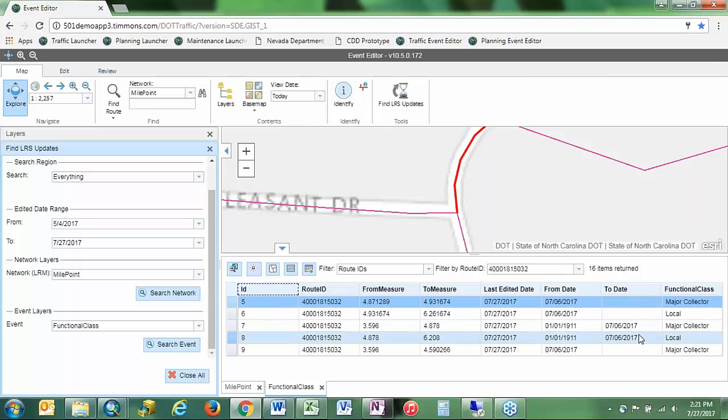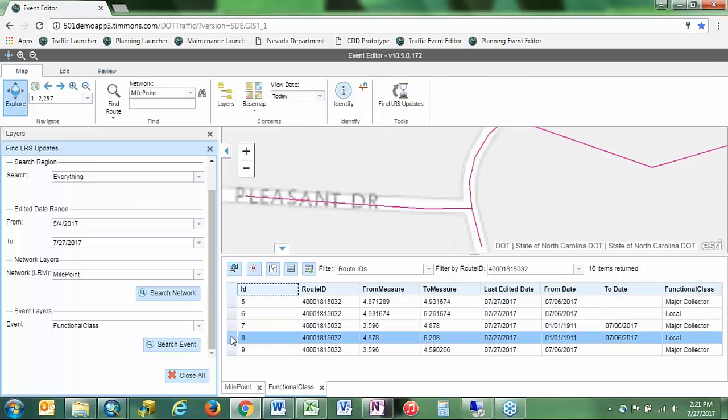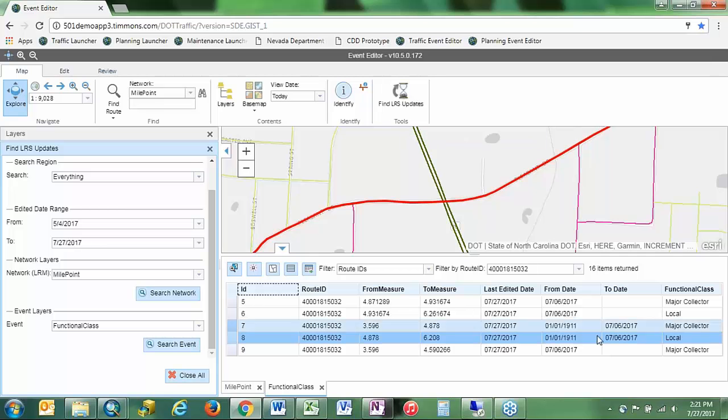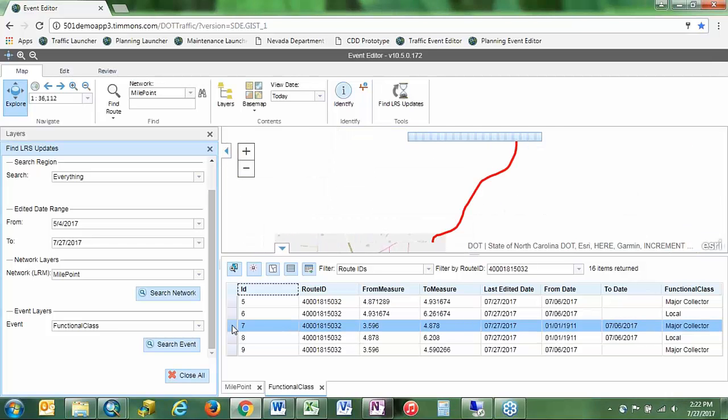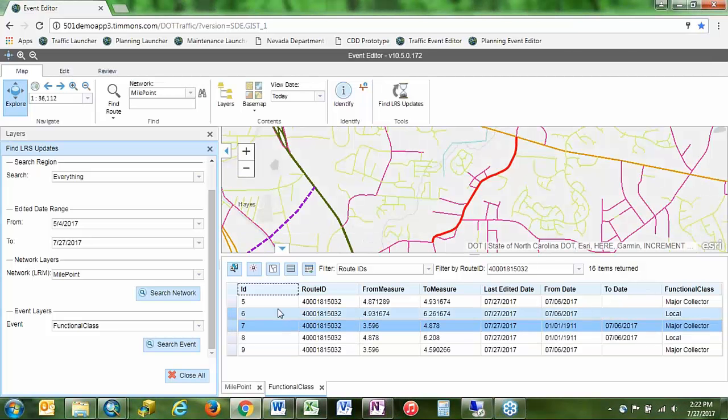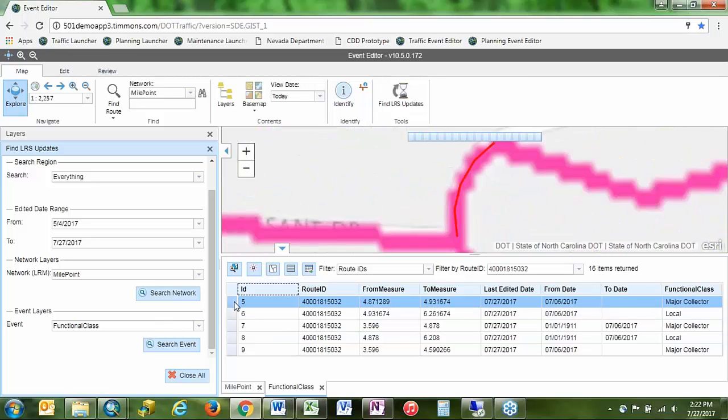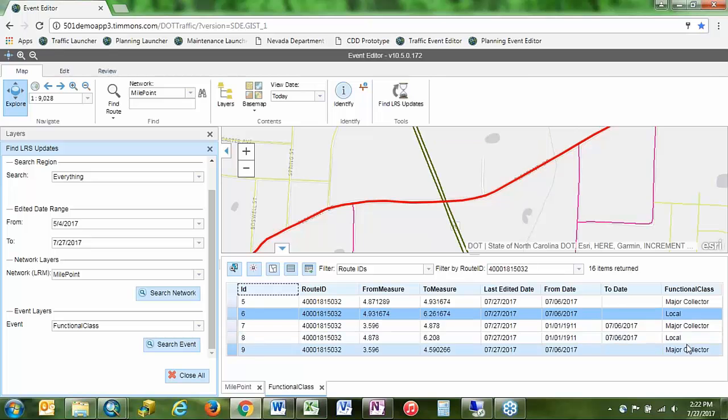What you can tell from these is that we've got sections of local route that were retired, local functional class that were retired, section of major collector that was retired, and then these will all be the remainder showing their functional class over